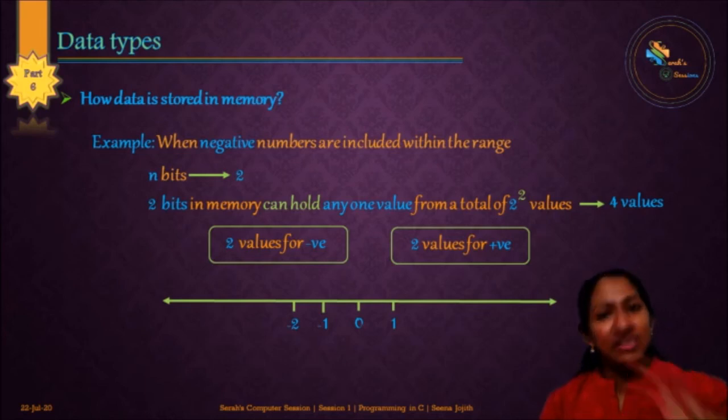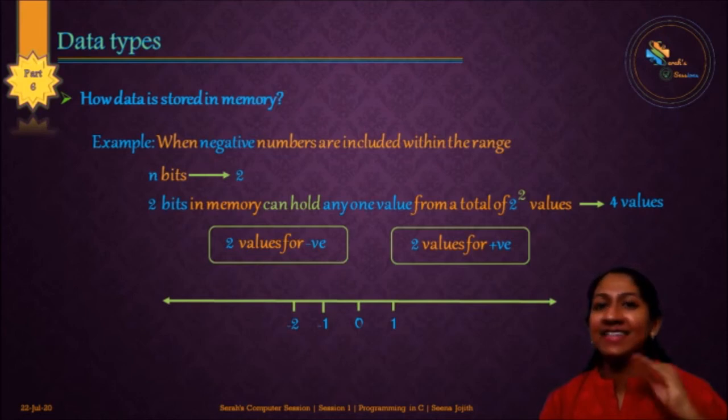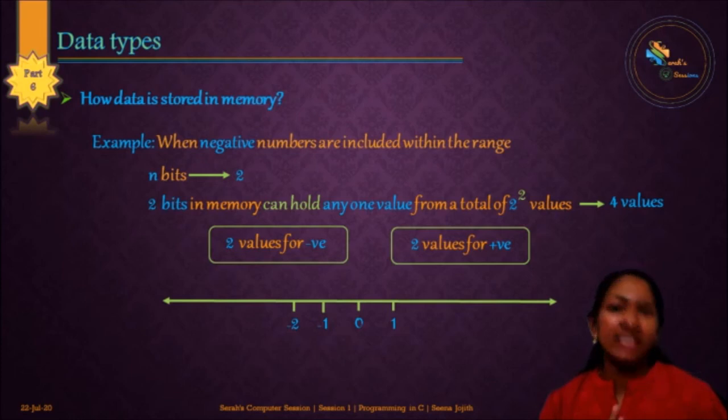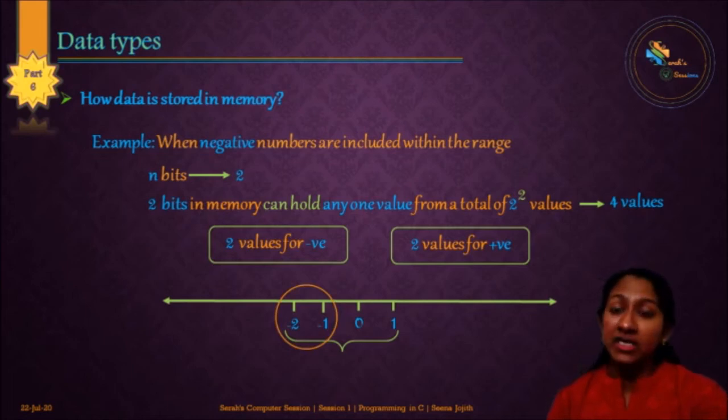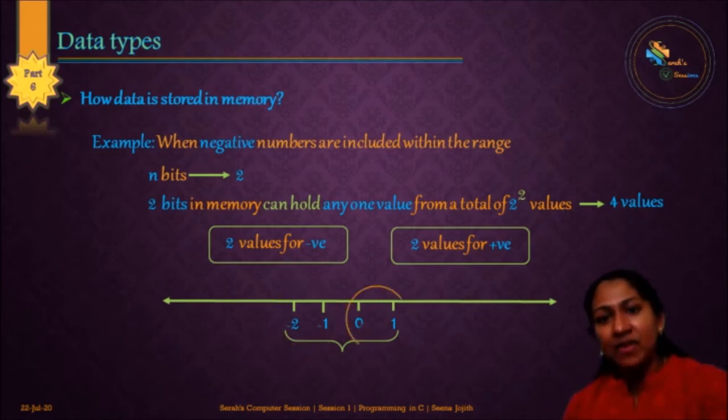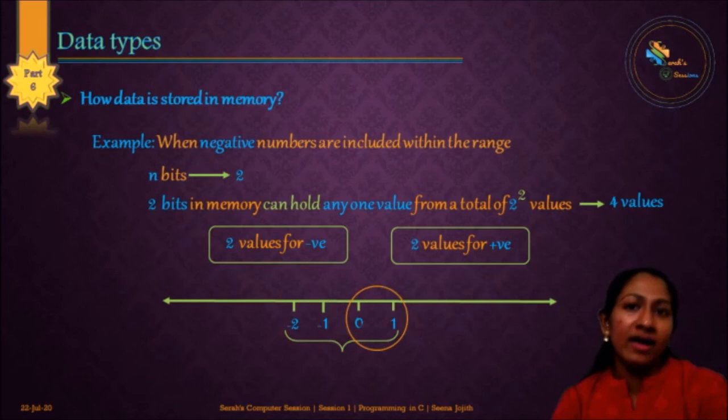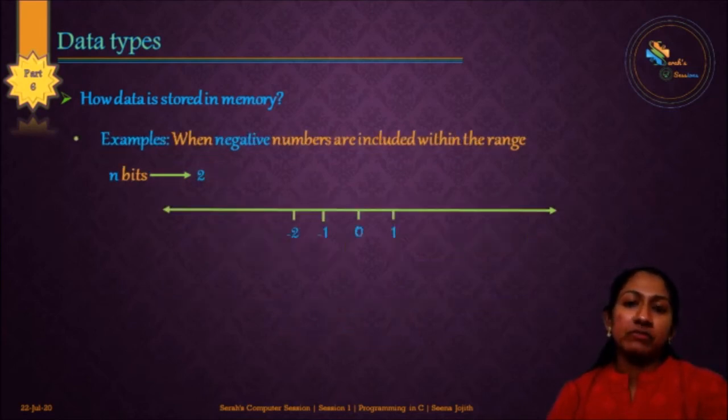See, for positive numbers, there can be only two values. Since we are considering 0, only 0 and 1 can be generated using 2 bits when we are considering negative numbers also. Okay, I hope you understood this. So these are the four numbers generated, and -1 and -2 are the negative numbers, and 0 and 1 are the positive numbers. Now let's